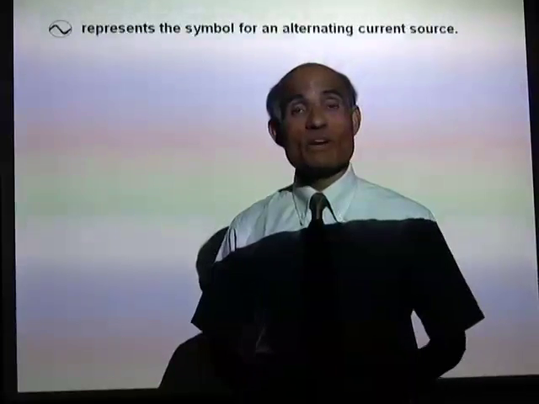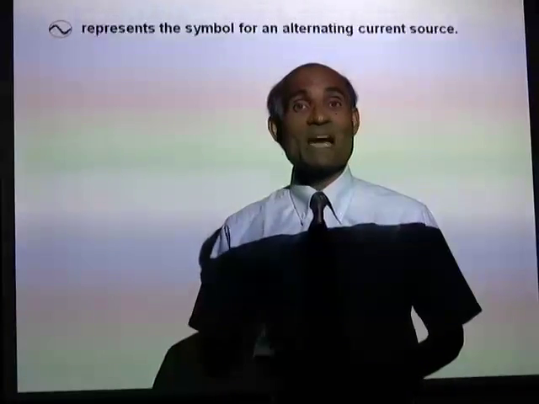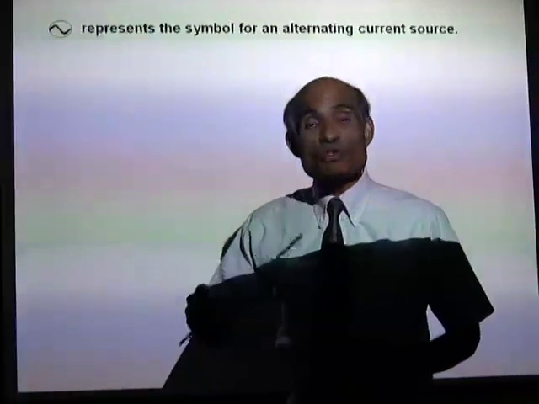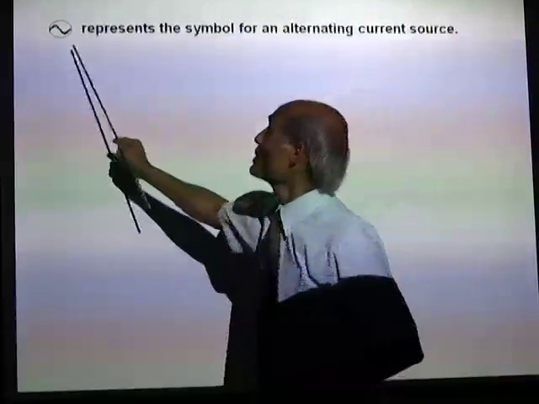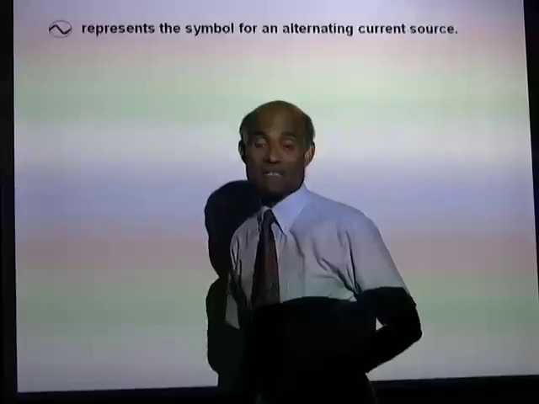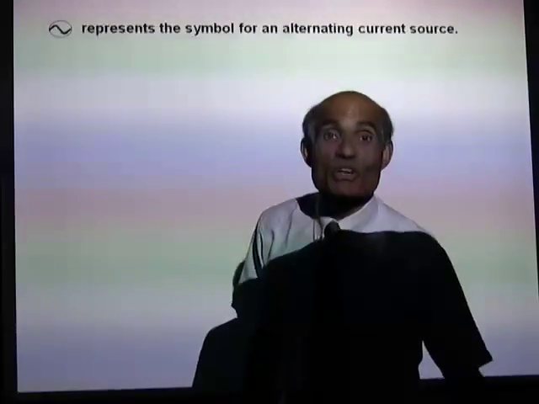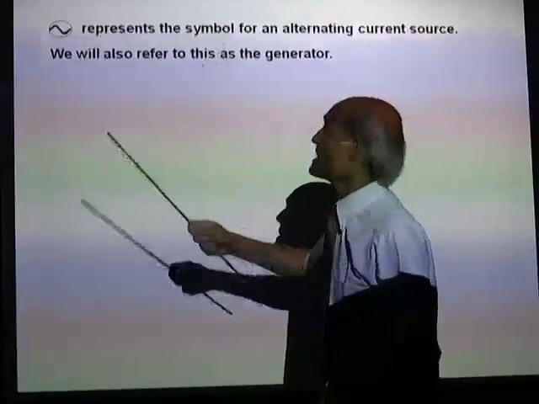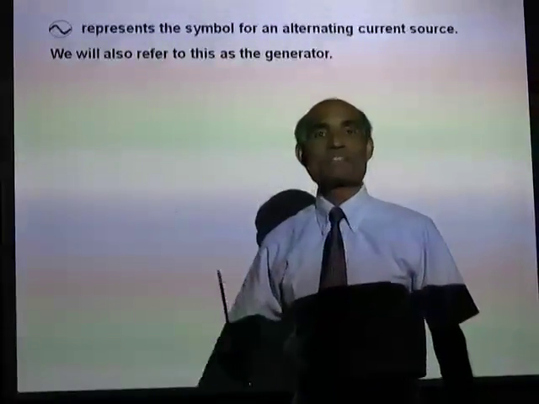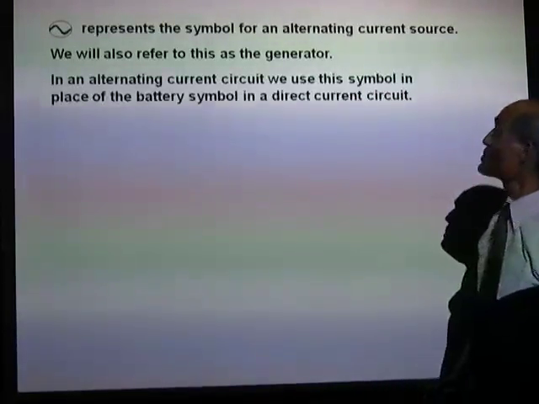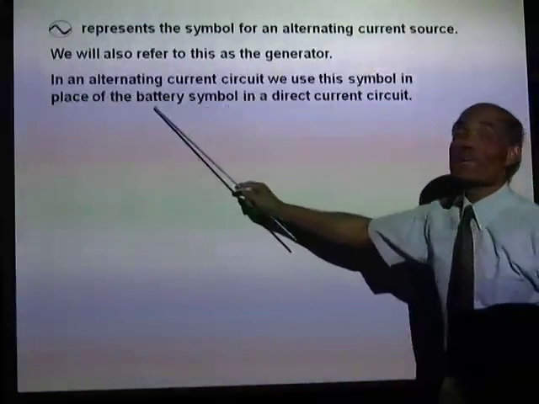Now, when we talked about direct current circuits, we had a symbol for representing a battery. In the same way, when we use an alternating current source, we will use this symbol. This is the symbol for an alternating current. We will be using this very often in this lesson. So we will also refer to this as the generator that generates the alternating current. In an alternating current circuit, we use this symbol in place of